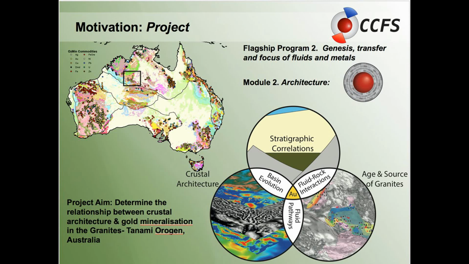So the project motivation was that, by and large, all of our, well, this is a map of Australia with the Osmond database over top, and then this is the 1 to a million Geoscience Australia geology map. And if we look, we see sort of a 1-to-1 correlation to outcropping geology and where we have resources. We've got all these basins, and everyone's seen the Mount Isa example where we've got all these mines, and then the same architecture goes undercover, and we've got no discoveries. So the idea for me was to sort of